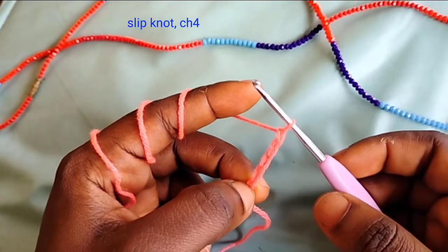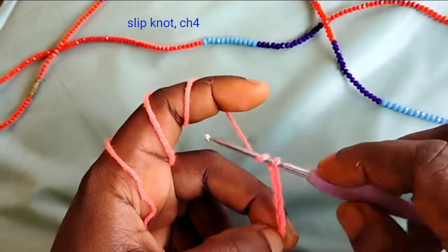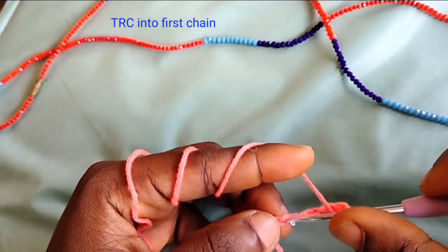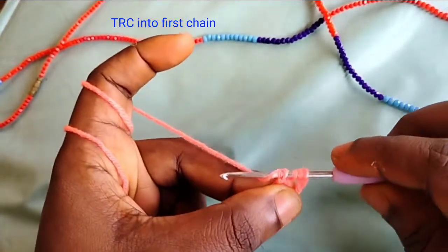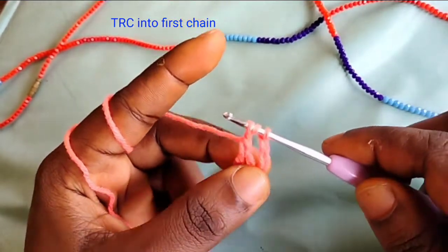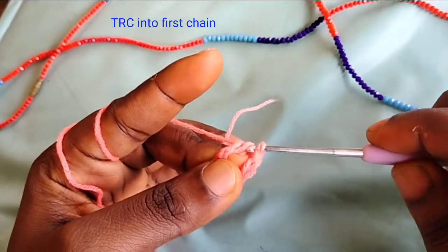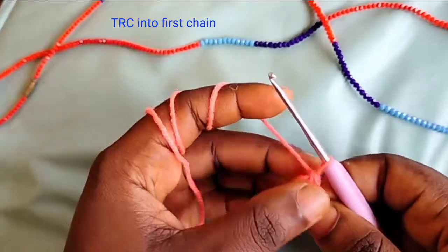In order to make a treble crochet, you are going to yarn over 2 times. Insert your hook, yarn over, pull out 4 loops, yarn over, pull out 3, yarn over, pull out 2, yarn over, and then pull all through. Chain 1,